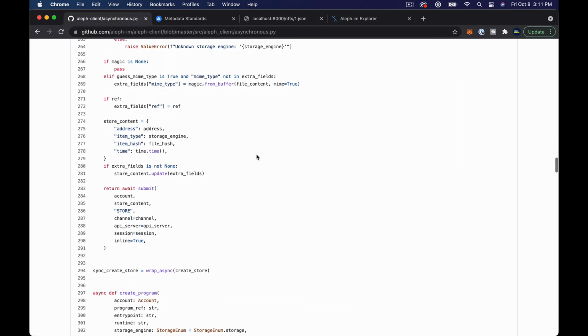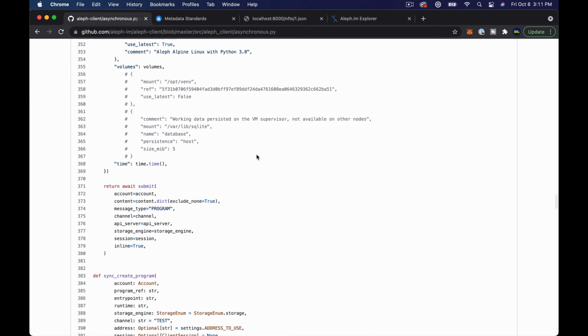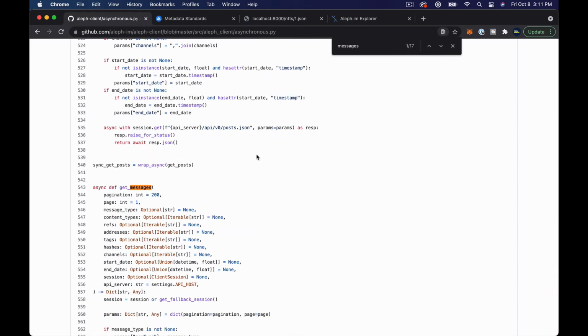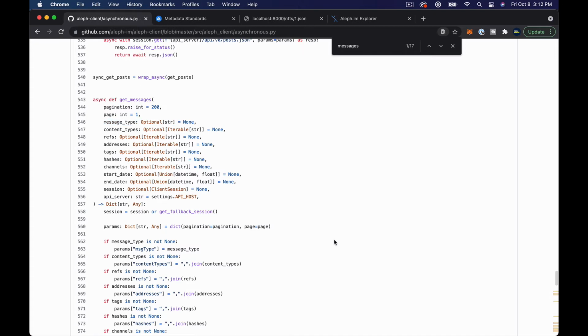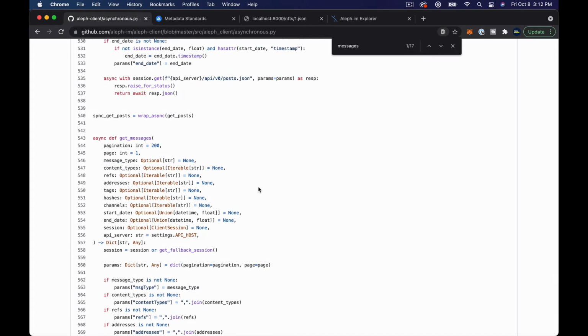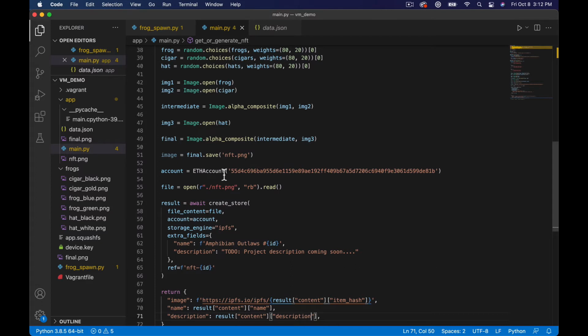If we go back to the Aleph client here, what we want is, are there messages in this file? Yeah, get messages. So essentially what we're going to try to do is look up messages where the address is our address, the refs is our ref, and the message type is store. Okay, so let's take a look at that. So what we can do back over in the code,